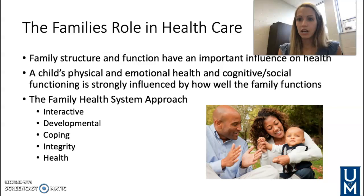They kind of determine how healthy we are, especially in the early stages of life, what we're given to eat, if we're given accessibility to outside play, things like that. A child's physical and emotional health and cognitive social functioning is strongly influenced by how well the family functions. So again, as I said, that family dynamic is so important to how we grow up and our health and